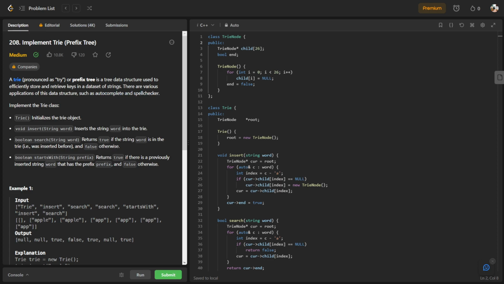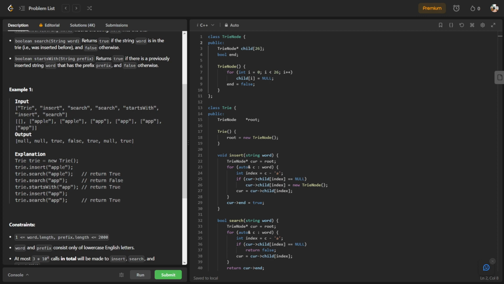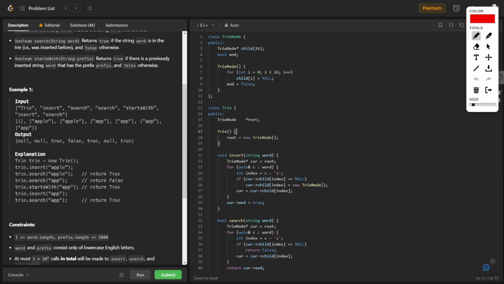So there is this function called startsWith, where we have to return true if there is a string that starts with the prefix, right? The string that we previously inserted. Okay, so the way I did this was to obviously use the trie, but let's go through how I actually do it. So in this case, when we insert apple,